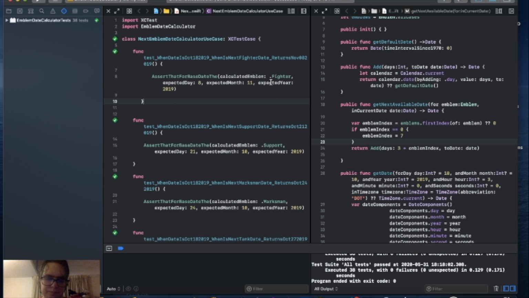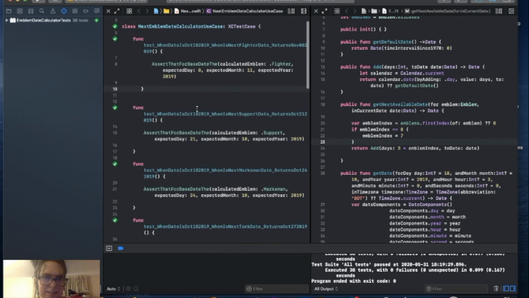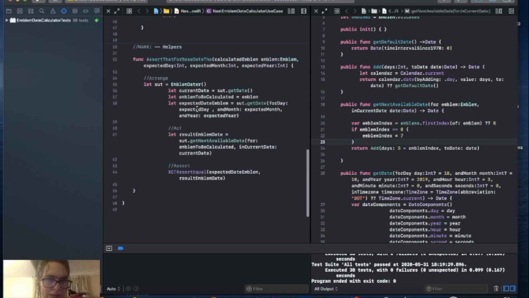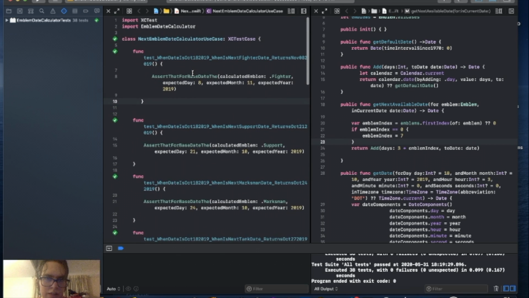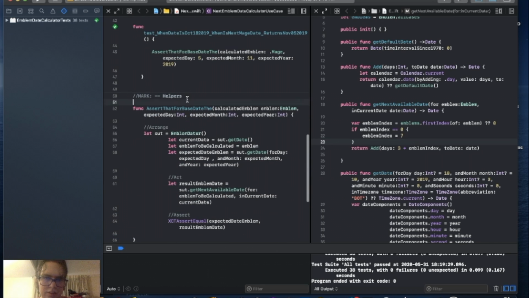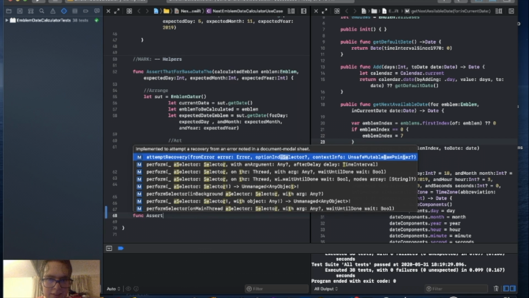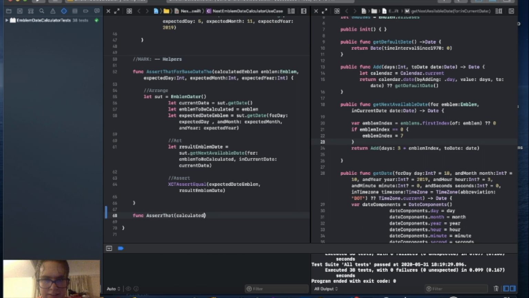But before we do that, Command U, you know that I'm having this assert for the base date. And right now I want to test it for October 19th, which is not the base date. So what I have to do is refactor this to get it more generic, okay? So I'll do another test here. I'm going to say func assert that calculated emblem of type emblem, assert that